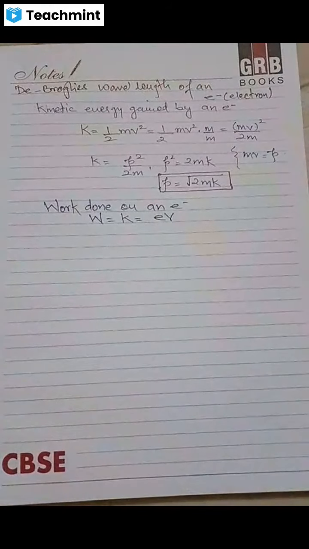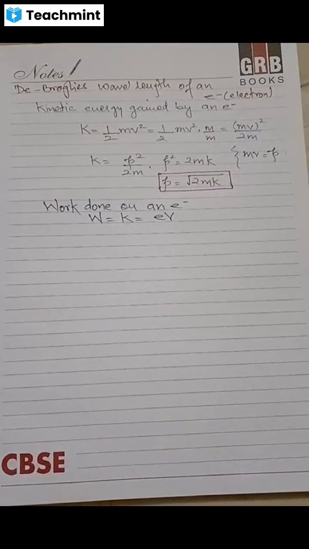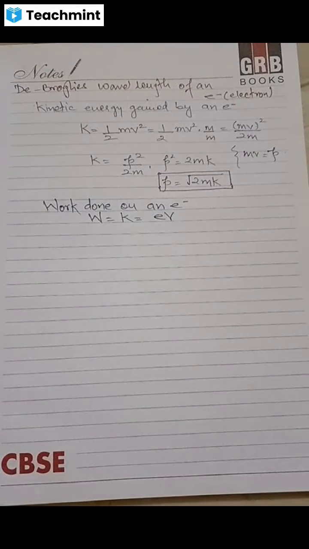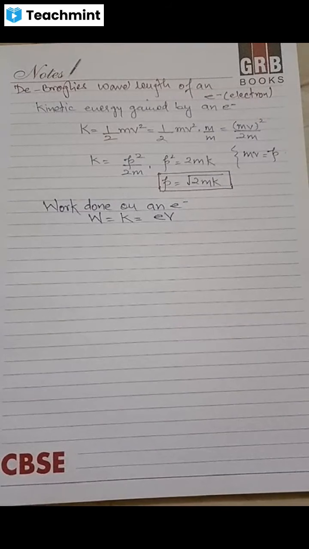ये हमने कब पढ़ा था? हम पहले पढ़ चुके हैं कि वर्क डन जो है वो इलेक्ट्रॉन वोल्ट के फॉर्म में. क्यों? क्योंकि आपने एक इलेक्ट्रॉन को 1 वोल्ट से एक्सेलरेट कराया था. एक इलेक्ट्रॉन को 1 वोल्ट से जब एक्सेलरेट कराते हैं तभी वो काइनेटिक एनर्जी गेन करते हैं. तो आप चाहें तो वर्क डन जिसकी वैल्यू इक्विवेलेंट टू काइनेटिक एनर्जी होगी,